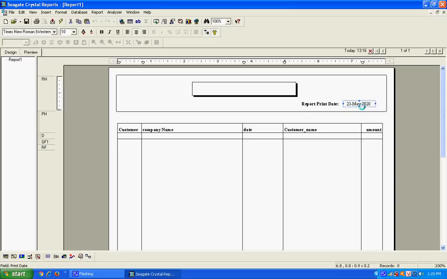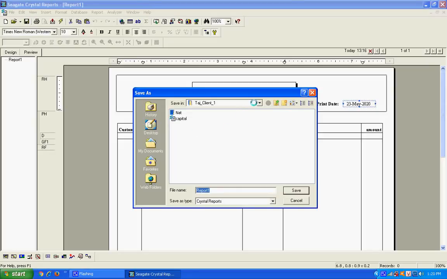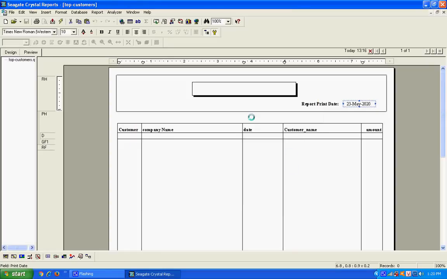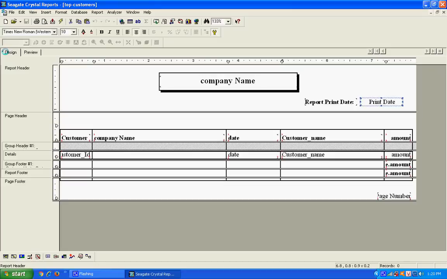Now I am going to save this report, and the report name is top customers. I write the name and press the save button. Next, company name we don't need here, so we want to remove this field.